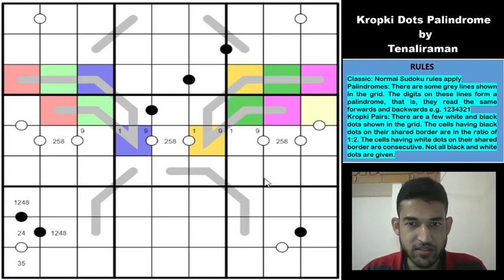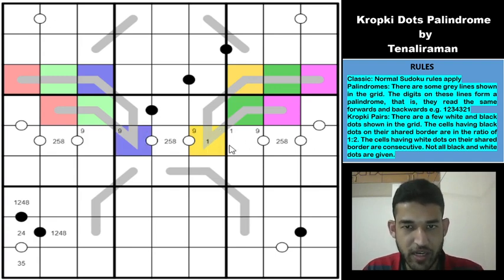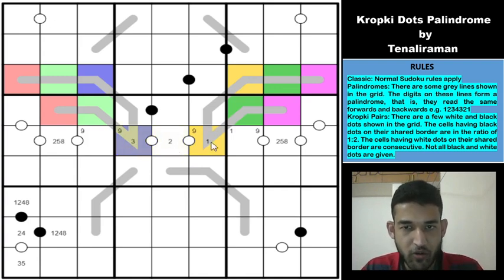So what it helps us to do is that you can eliminate the 1 from this set of cells, because what happens when you have a 1 in any of these cells is that, let me put a center pencil mark. Let's say you have 1 in any of these two cells, doesn't matter which cell. Let's say we have a 1 here, this becomes 2, and this becomes my 3, right? Now the yellow cell has to go into this cell or this cell. Again, doesn't matter which cell it goes into. Let us assume that it goes into this cell. Then because of this sequence of dots, this again becomes a 2 and there is a clash in row 5. And similarly, if you have a 1 here, this becomes a 2 and again there is a clash with this set of digits.